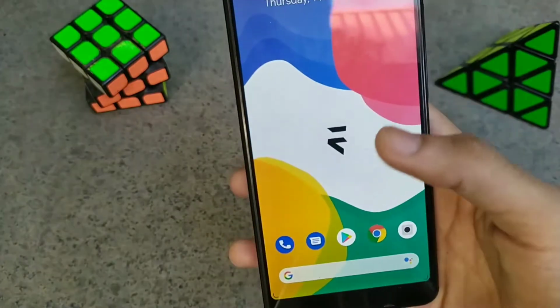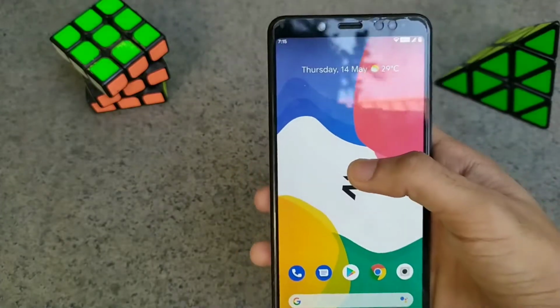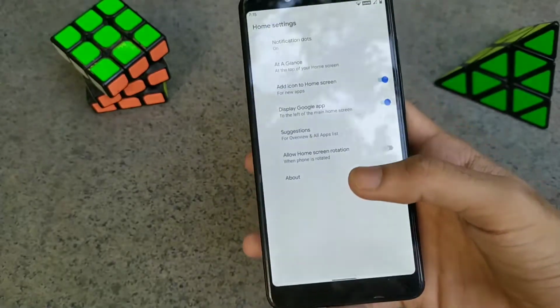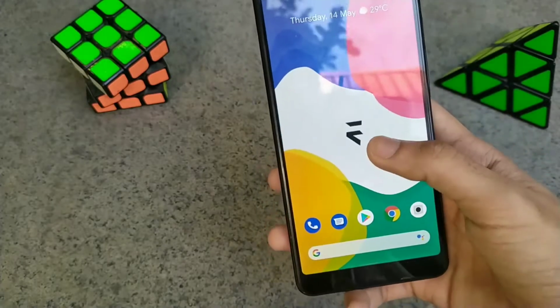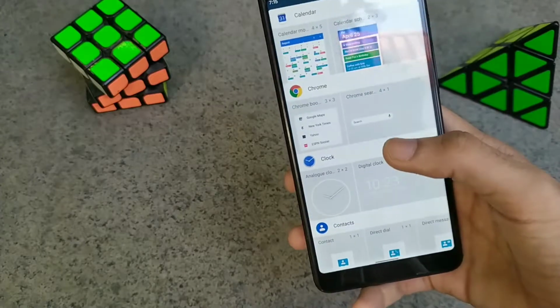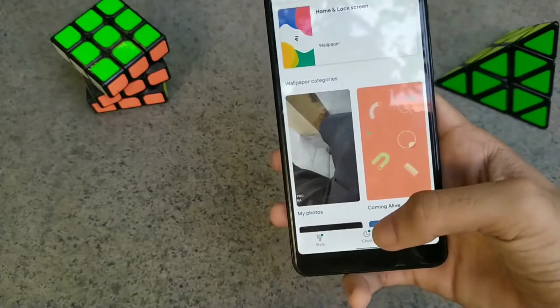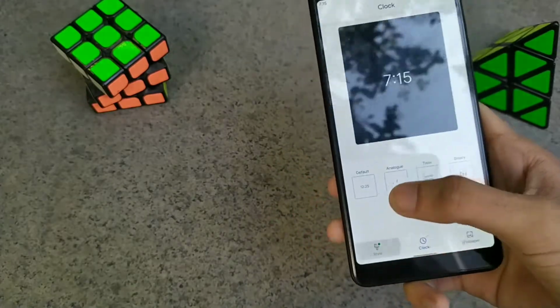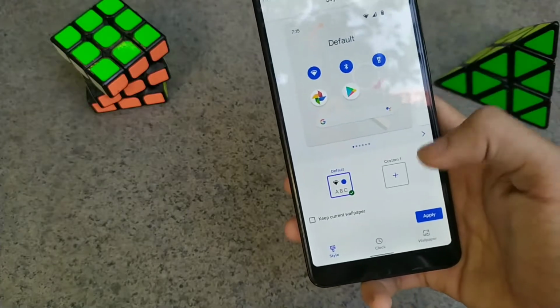On moving on to the home screen, we have the Google launcher, which is the default home screen launcher. So let me show you the home screen. As you can see, it's running on the Google launcher version 10. Next, you have the widgets option where you can place widgets on your home screen. Next, you have styles and wallpaper where you can have custom clock faces and fonts, and you can change your icon size, shape, color, etc.